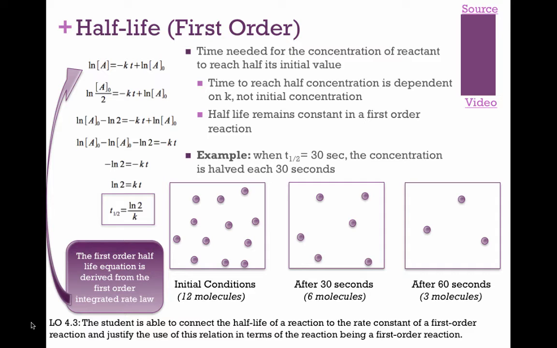Okay, so we have initial. Molecules and moles we can use interchangeably with particle diagrams. So we have 12 molecules in the box. Notice the box doesn't change. Keep volume the same. So we go from 12, and then after 30 seconds we go to 6, and then after another 30 seconds we go down to 3, and then after another 30 seconds we have 1.5,